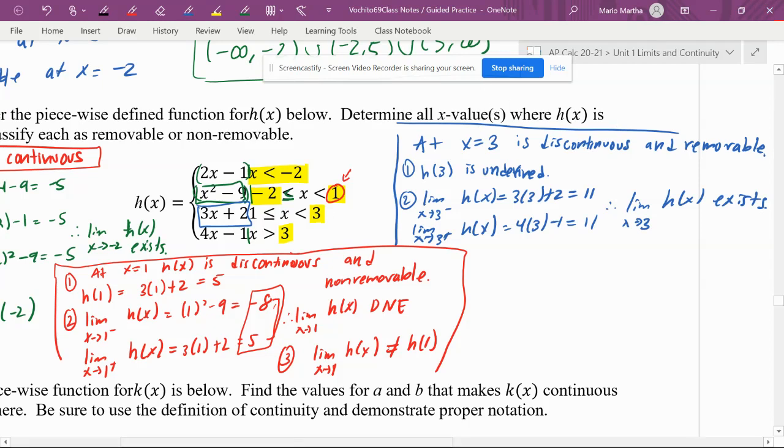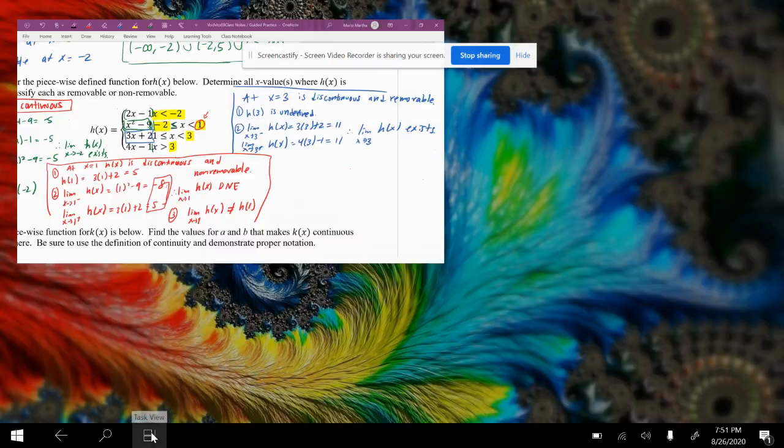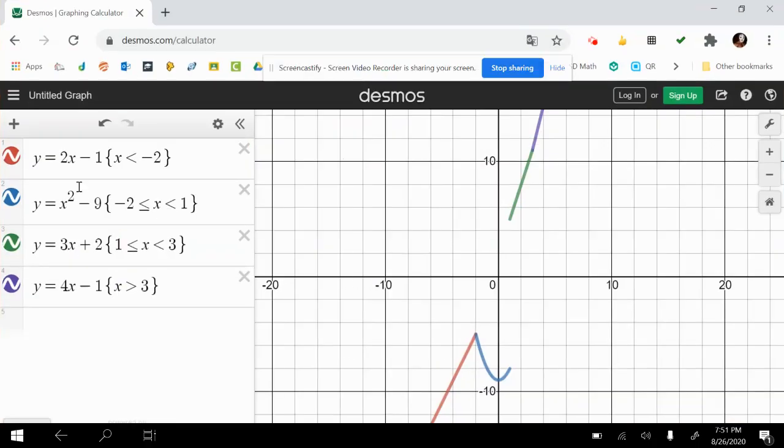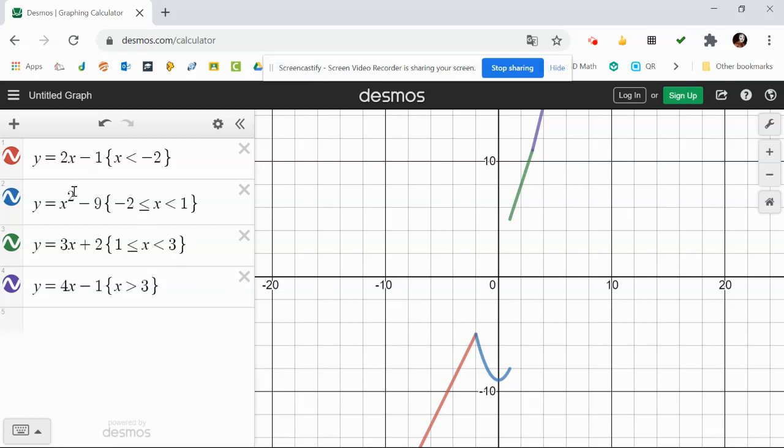Now, the easiest way to determine these again is pretty much you guys can look at the graph for this. And if you're going to do this in Desmos, just do it separately and then use the squiggly brackets to define your intervals. So here we're going from x less than -2. So if we're coming in from the left side, if you notice right there, boom, we reach -2 and it's undefined. And then if we're coming in from the right side, we go towards -5, which is what we found initially. And then from there, we approach 1 from the left side,